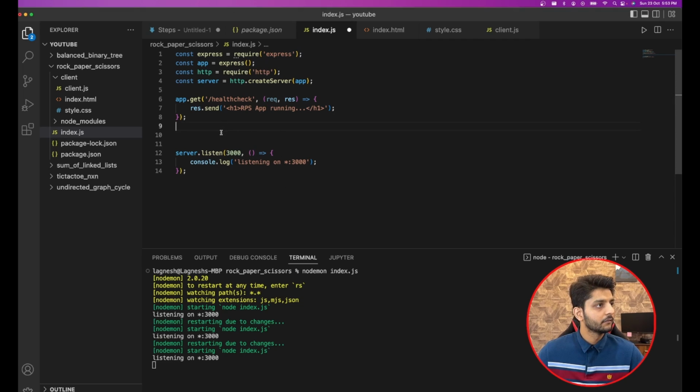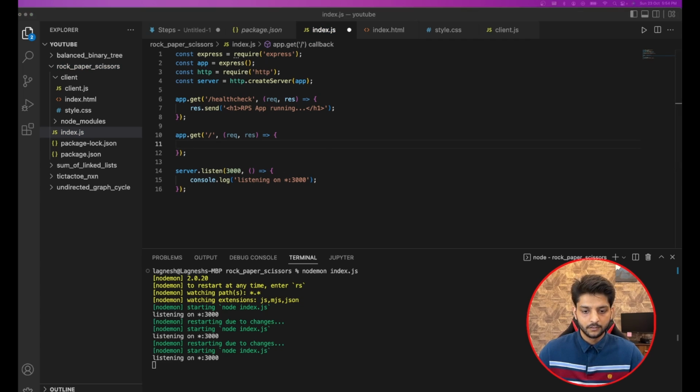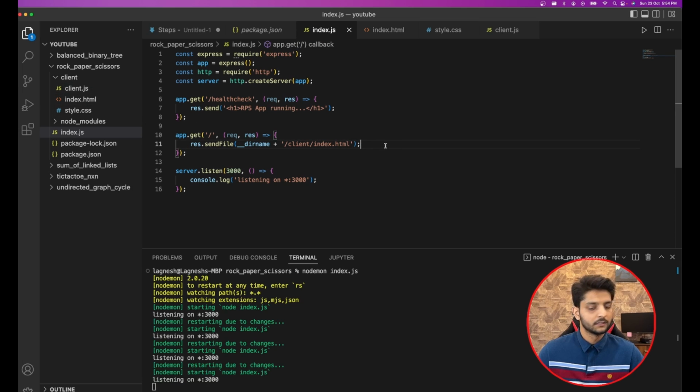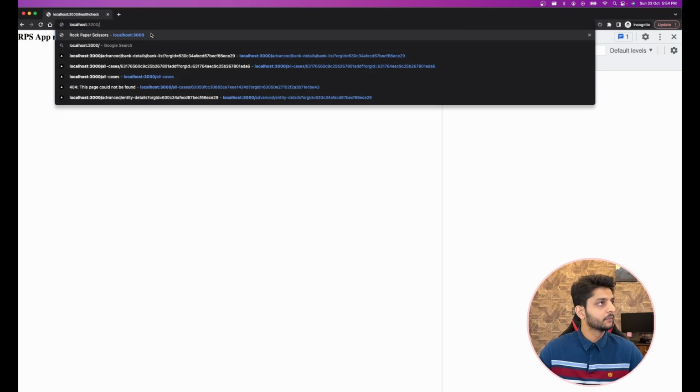So whenever you find a request on root, we'll be sending this file. So present directory and then client/index.html. Let's see it in action. When I do a refresh on health check, it's fine. But when I go to root,